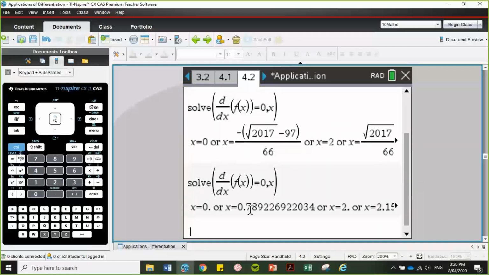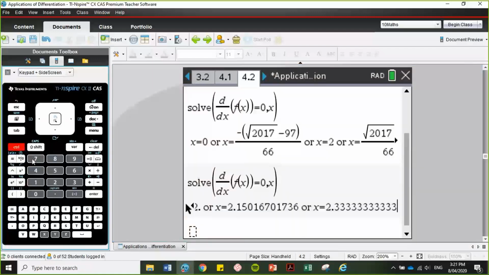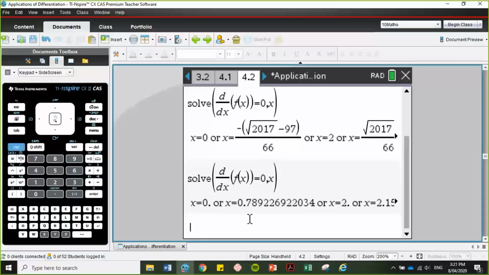I'm fully aware that on a handheld, this can be quite clunky, getting from this value here, going across. So Control-1 and Control-7 are handy little shortcuts to get you to the end of a long list. That's really handy, particularly for trig when you're doing circular functions and you get a long list. However, you can get these solutions coming up in a beautiful set if you use the zeros command instead of